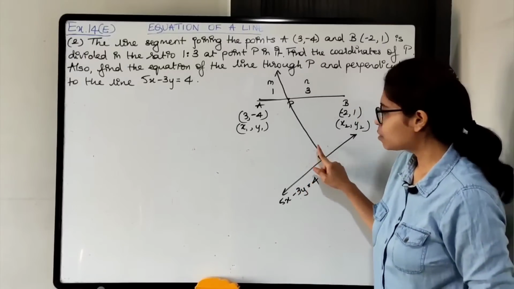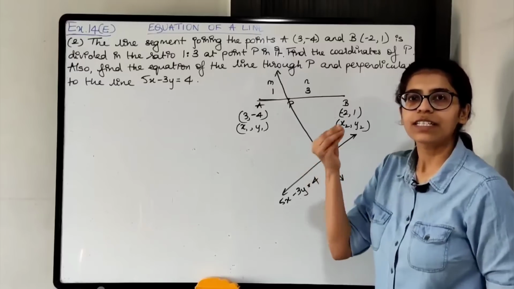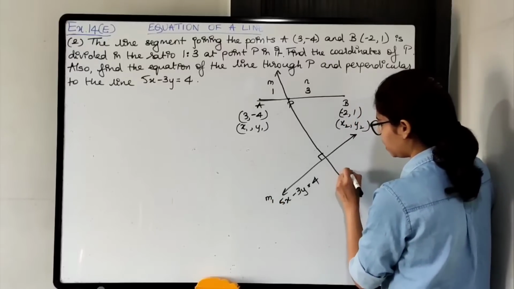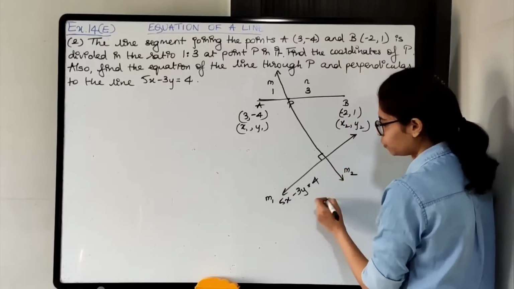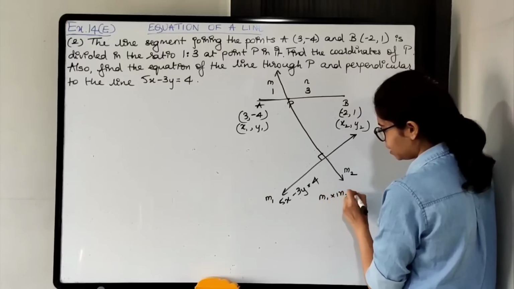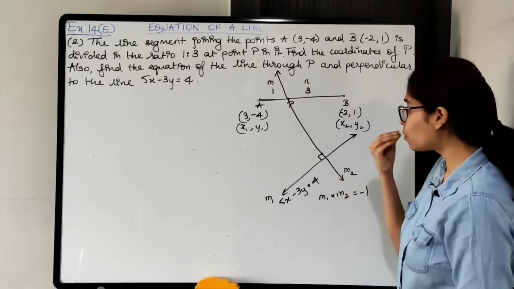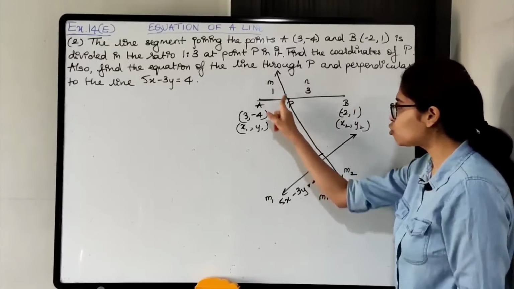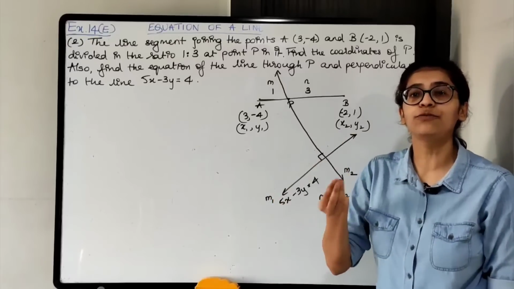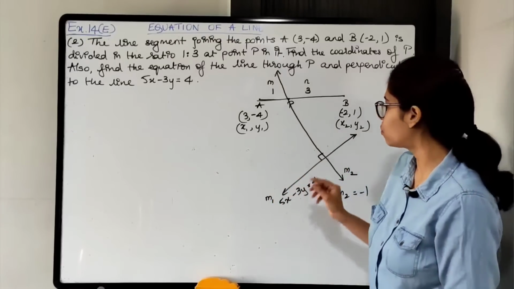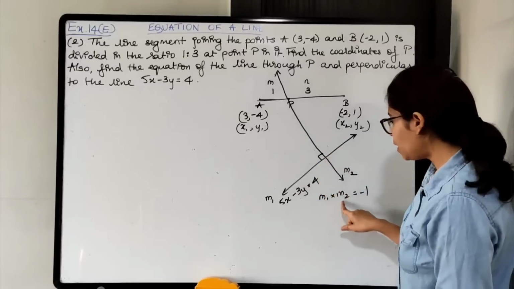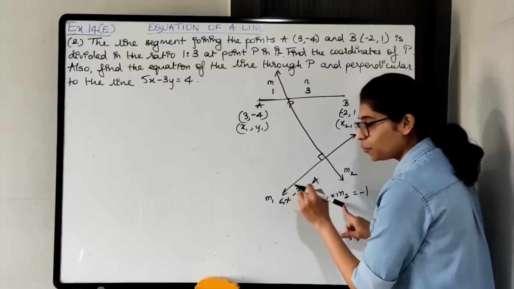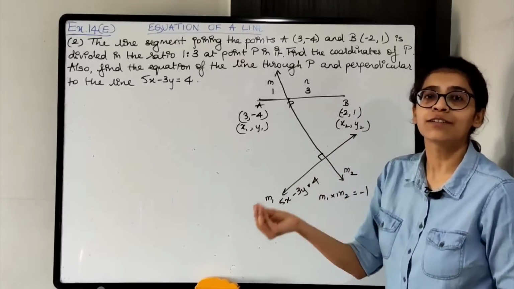We know slopes of perpendicular lines, their product is equal to -1. So if इसका slope है m1, इसका slope है m2, then product of the slopes is equal to -1. So if I know m1, I can easily find out m2. ये line का slope मुझे मिल जाएगा. I need the slope because I have to frame the equation of the line. So slope मुझे चाहिए. How will I find m2? Using m1. How will I get m1? From the equation. Bring the equation in the standard form.